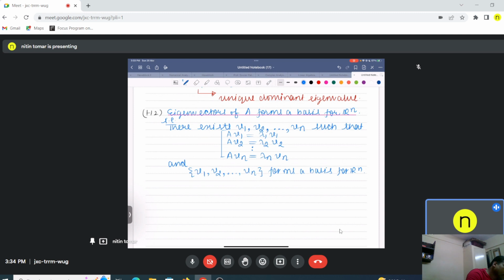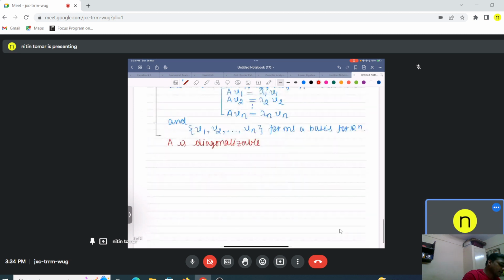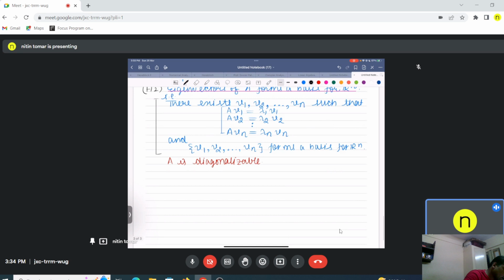All this story can be put into one line. This is the same as saying A is diagonalizable. Now the third assumption is